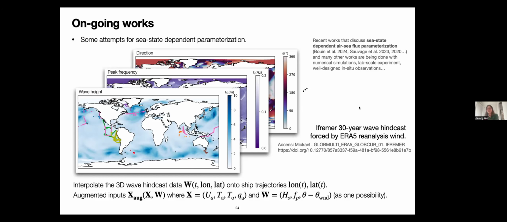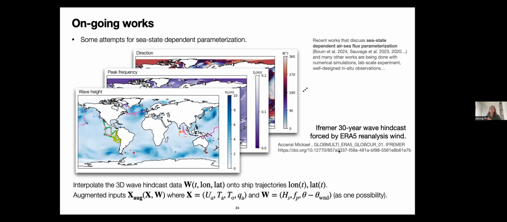And unfortunately, so far, I don't see a positive gain from doing this. But I've also just started doing it. So there can be many things that I can try, like how I organize my wave information. And also, I think one possible difficulty is these hindcast data sets are pretty coarse resolution. They're half a degree and also 3-hourly outputs. So this may be too coarse to get meaningful results.